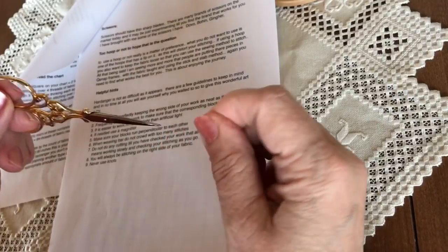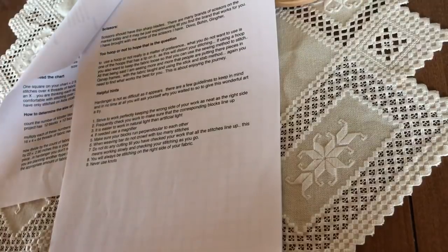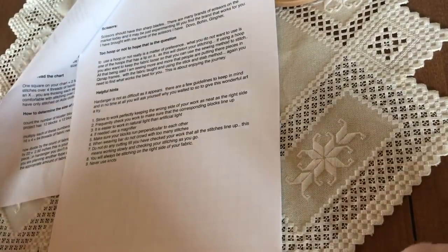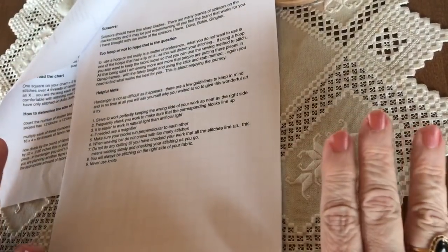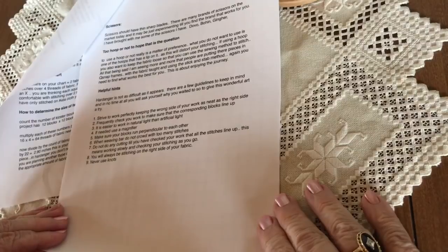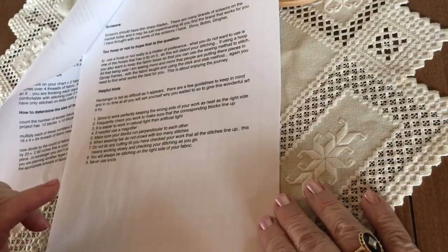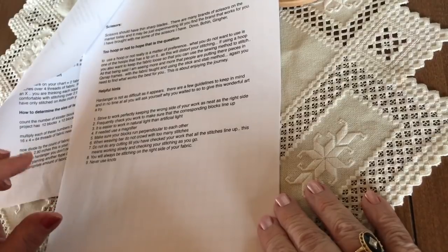I will tell you, Dovo makes, and it is a little expensive, and I would not purchase it unless hardanger is something that you're really going to get into and want to do a lot of, just mainly because of the price of the scissors. But Dovo does make a set of a scissor that's especially made for hardanger, and I believe there is a